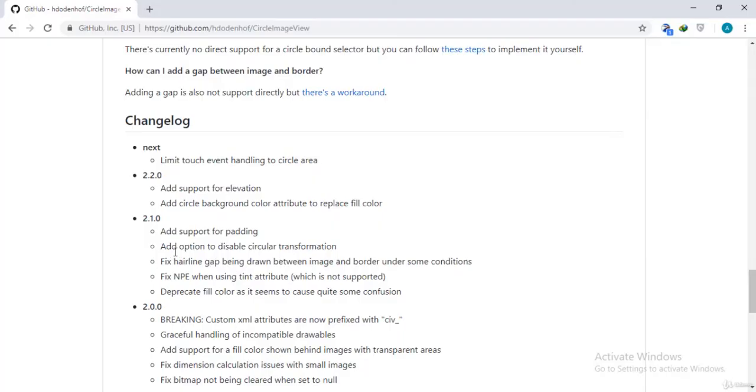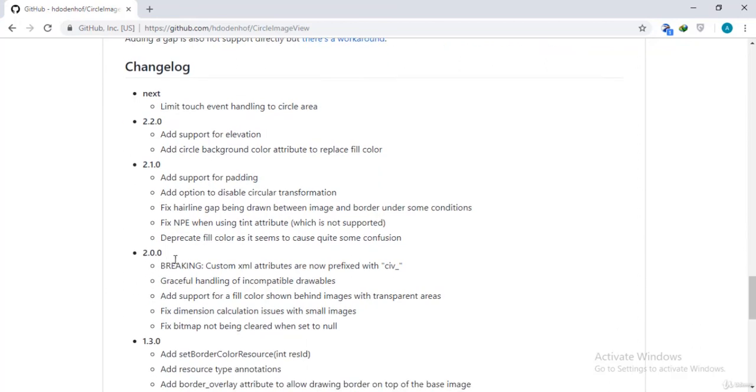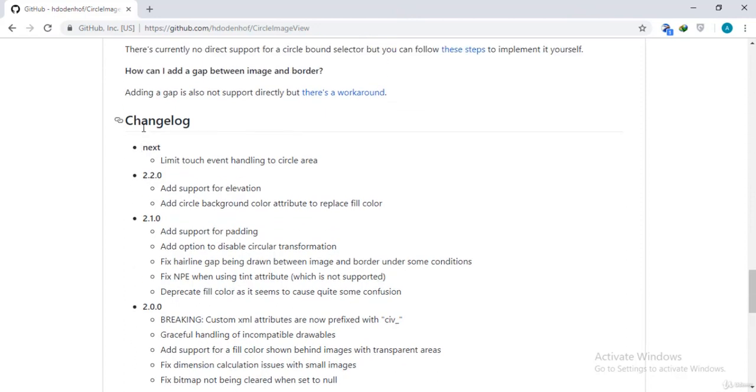Okay, but if you replace it, for example, with something like 2.0.0, you will not have the ability to add, for example, the shadow or the elevation. So that's why you need to make sure that you are using the latest version of that library.